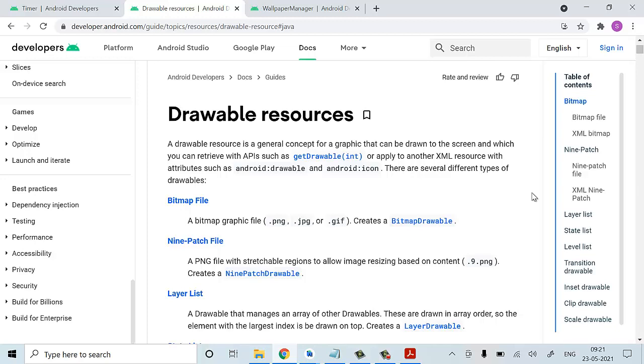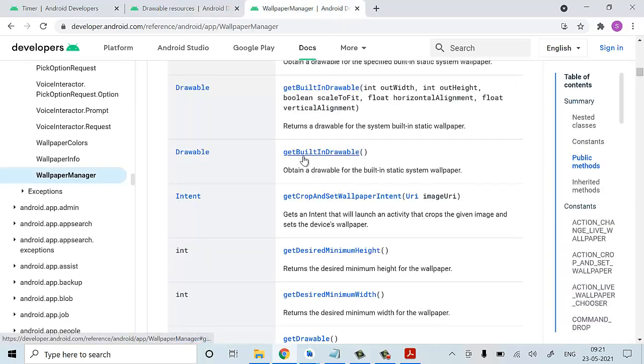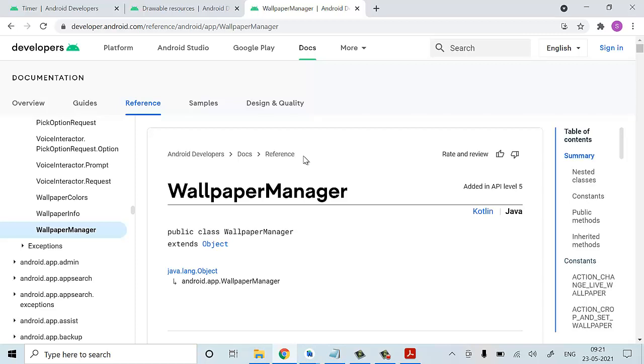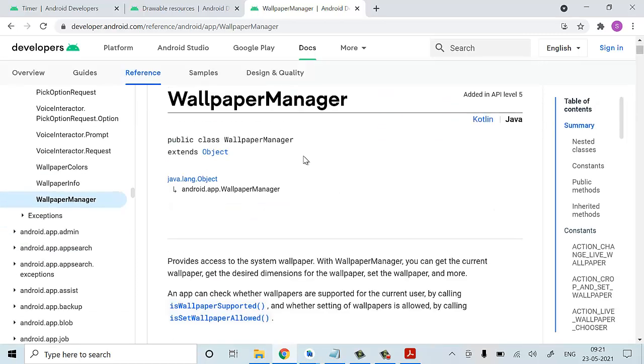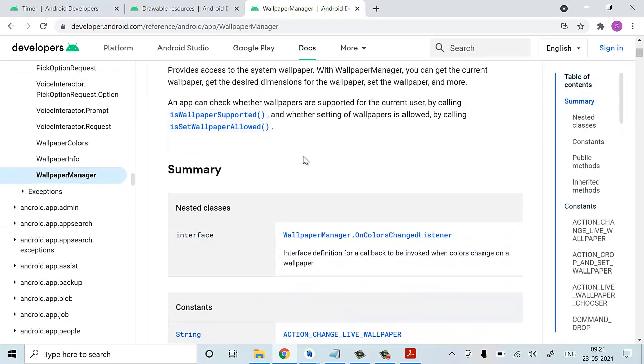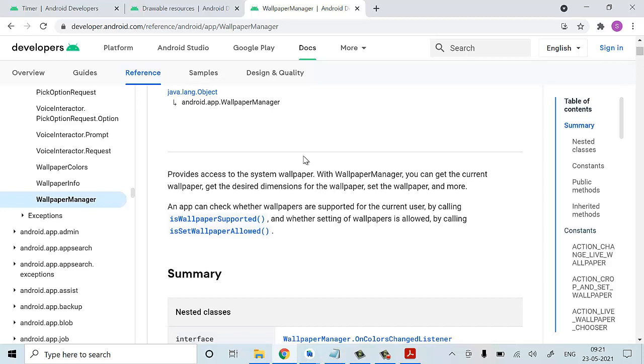Based on the display, based on the pixels, based on the width and height, to adjust that we are going to use bitmap. And later we have a wallpaper manager, which is also a class. Using this class, we are going to get the permissions to change the wallpaper on your phone.